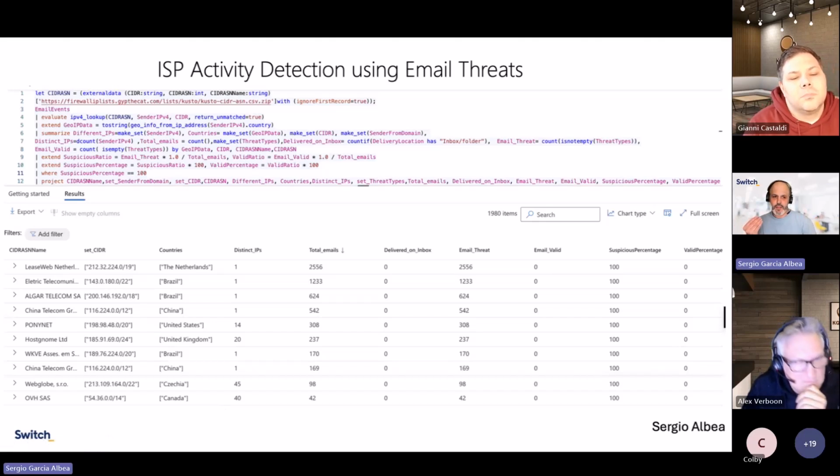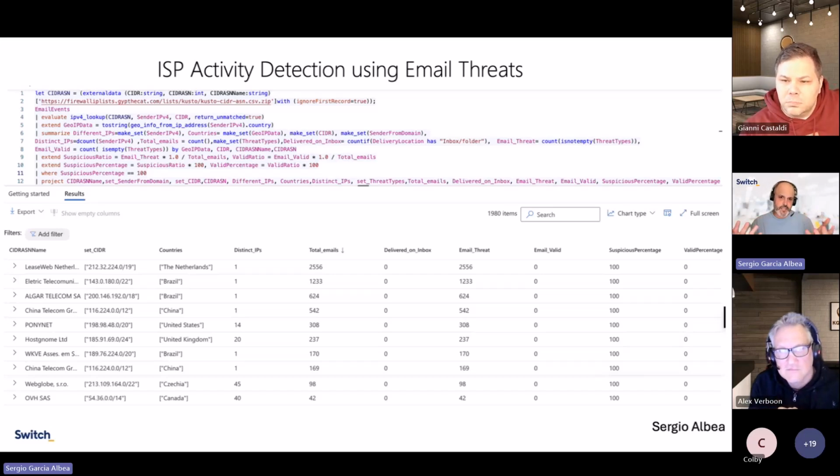If an internet service provider, like the last one, is using 40 different IPs, and all of them are detected as a threat, perhaps I would recommend moving all the emails to quarantine, because the reputation of this ISP and the threat that they are sending does not look really good. So as you have here different examples, at the end, I think that everyone will have different results based on your sector, your business. So take it as a reference, but not as what is happening in your environment, because you could perfectly have totally different types of ISPs.